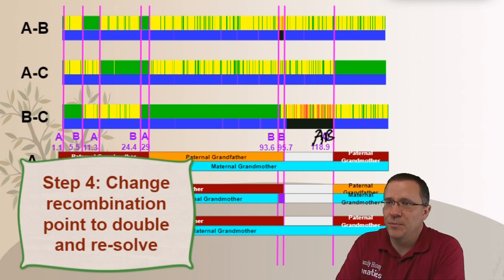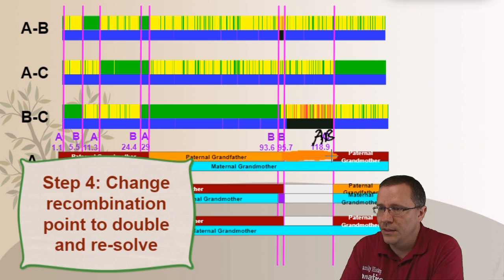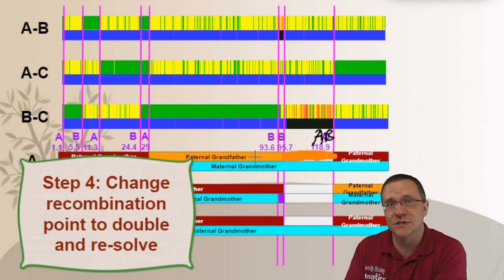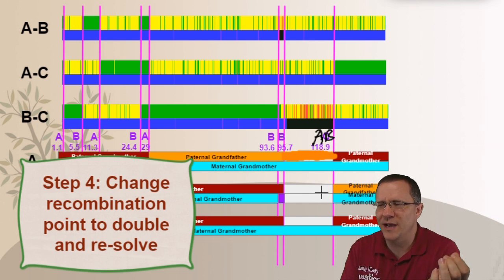So starting with person A, there's a recombination there, which means that this purple has to change to an orange. And so I'm going to color this first part orange up in here. And since there's no other A's, that lines up right with the other orange of that segment. Next, let me go on to B. Now, because I don't know what either one of these colors are, I don't know whether that orange changes or whether that blue changes. So I'm going to go to C and see if we can use that to figure it out.